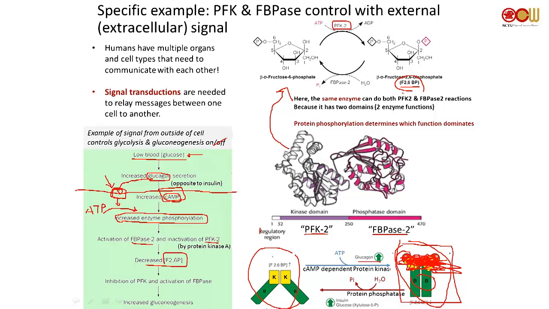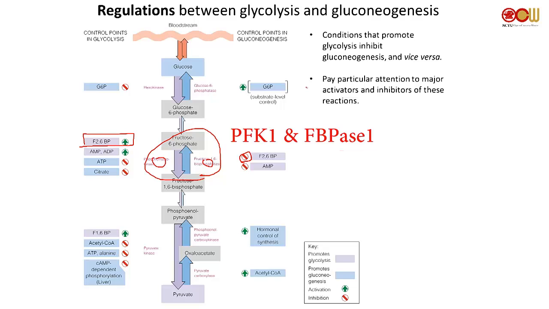Why? Because now you activated this FBPase2, which is this guy, right? And then it's going to go this direction. Okay? So then you're converting this F26BP back to fructose 6-phosphate. Okay? And, well, what happens? So if F26BP is gone, okay, so I don't have this guy anymore. This guy is gone. Okay? You're going to go gluconeogenesis, right? Because you no longer have the inhibition. Right? So inhibition gone. So you're going to do gluconeogenesis.